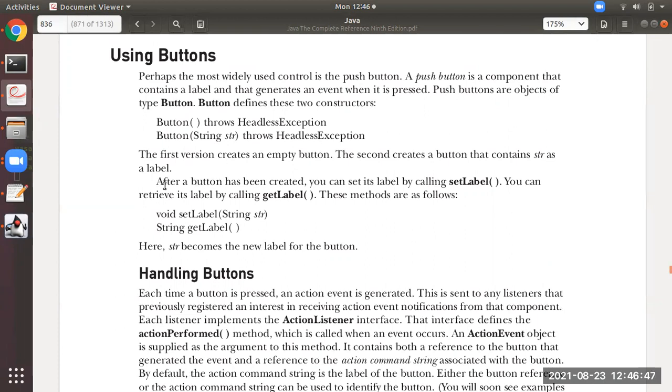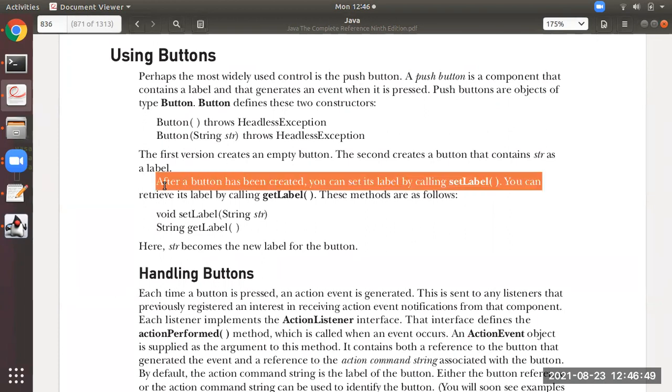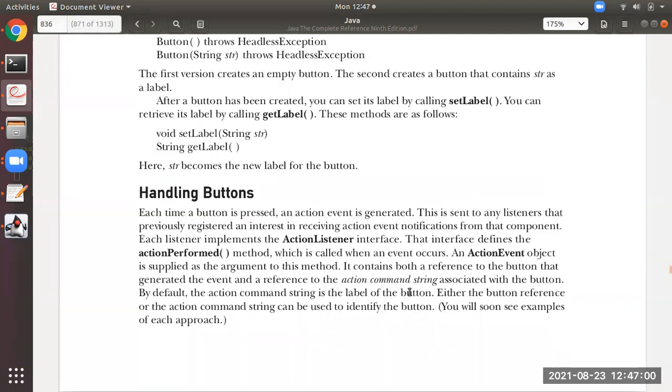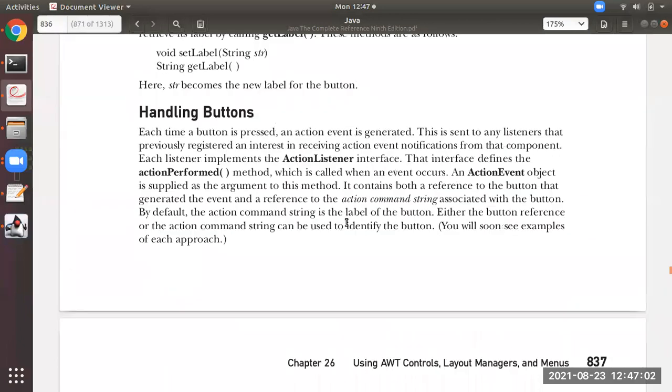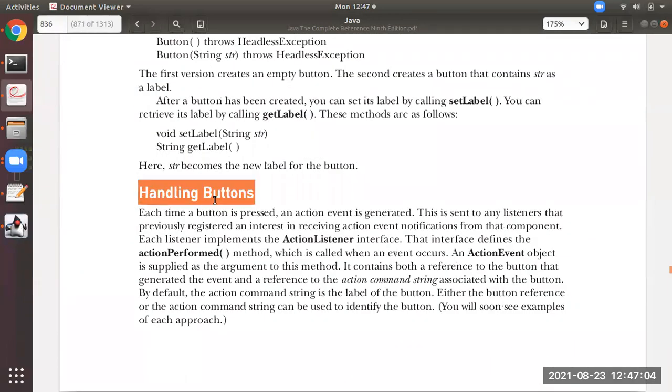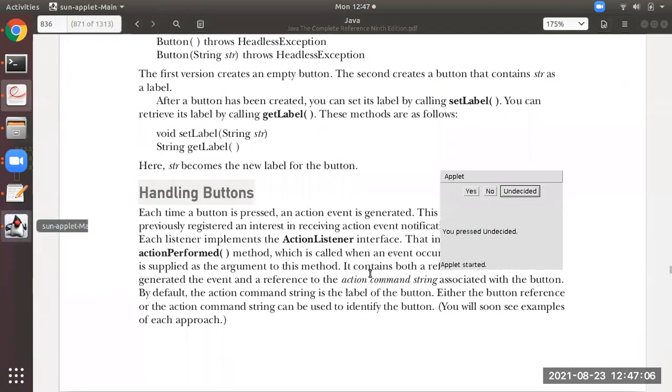Just see over here, after a button has been created, you can set its label by calling set label. And if you want to get the name of the label, you can get it by calling get label. Now students, the next thing is handling buttons. That is nothing but, if I click yes, you should be able to see the message. That is what is known as handling buttons.